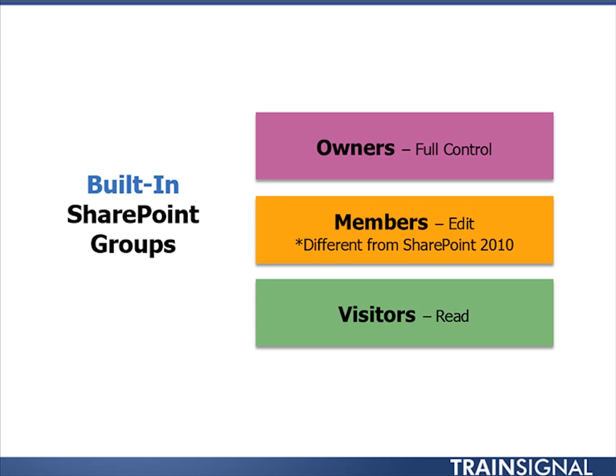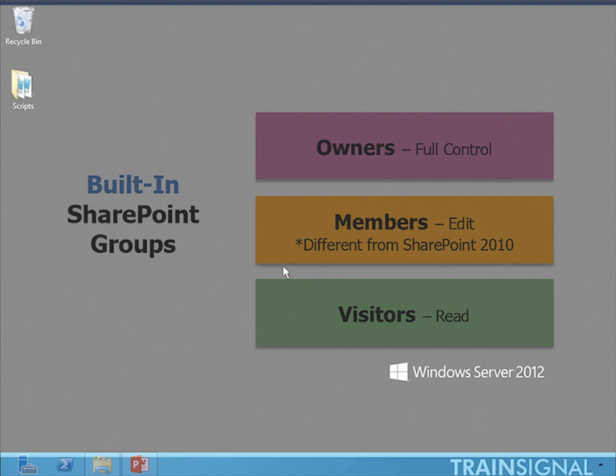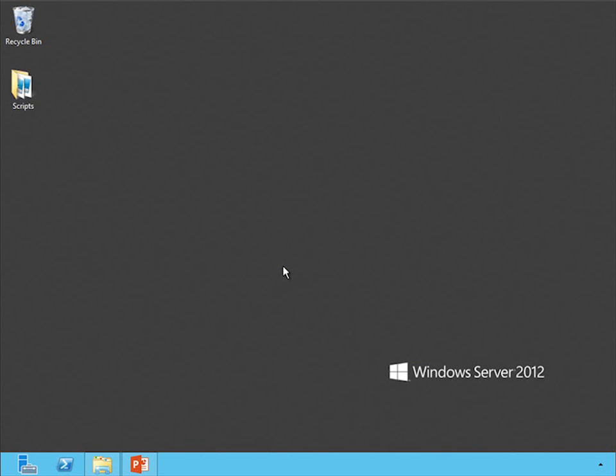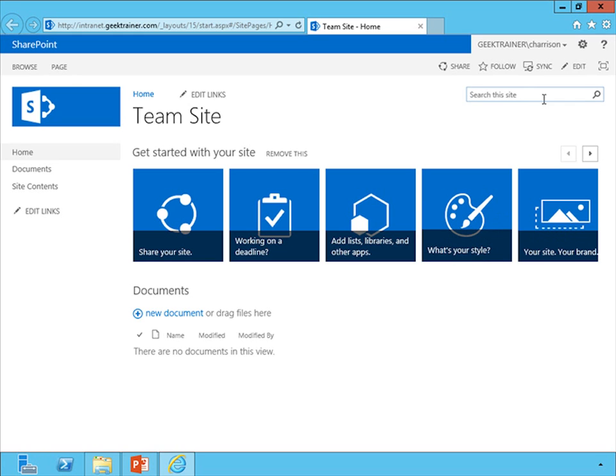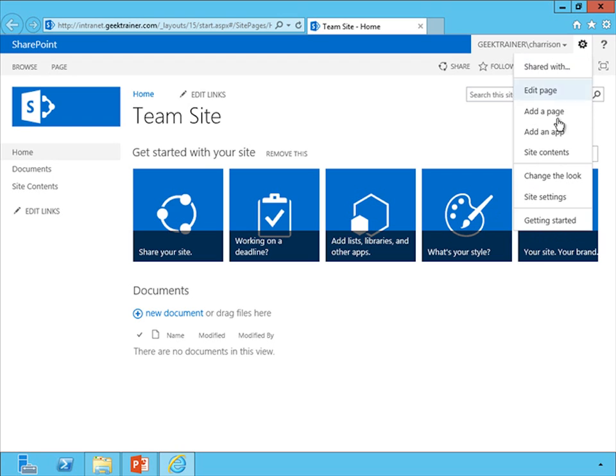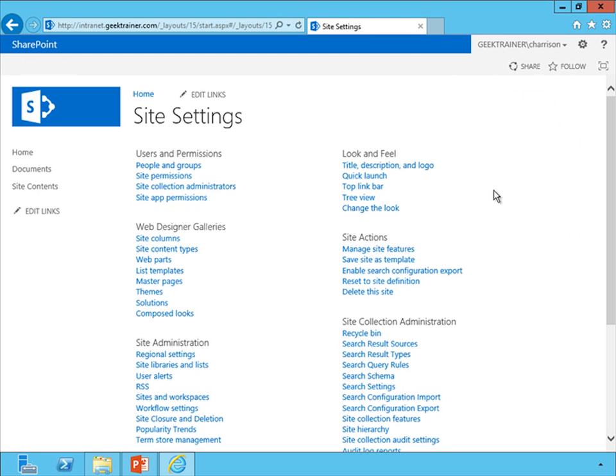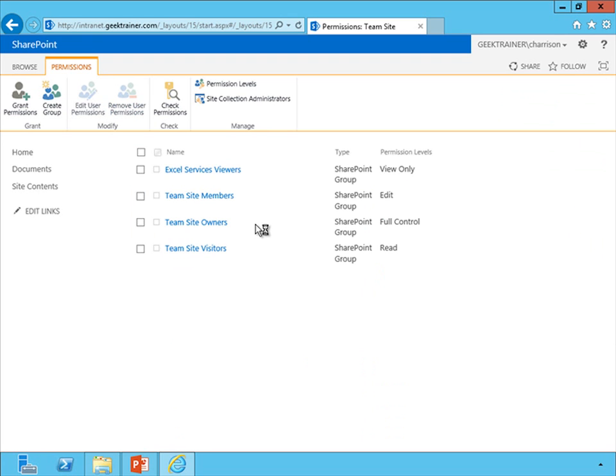Let's go in, create a group, and add people to our group. Let's go back to Internet Explorer, and let's hit Site Settings, and back to our site permissions. And here is the list of our groups. So what I'm going to do is I'm going to hit Create Group,